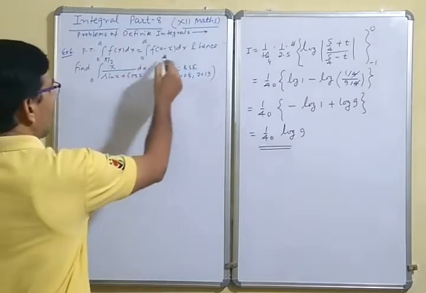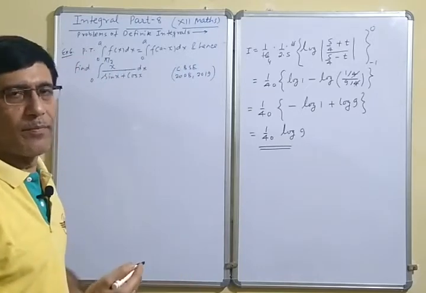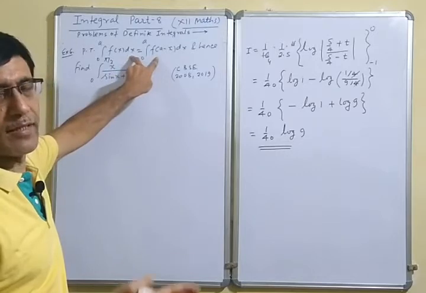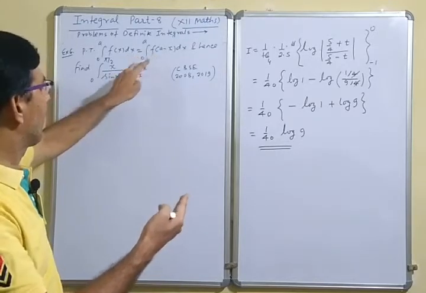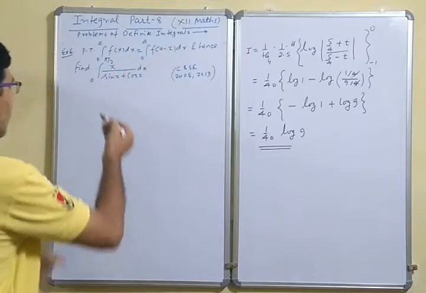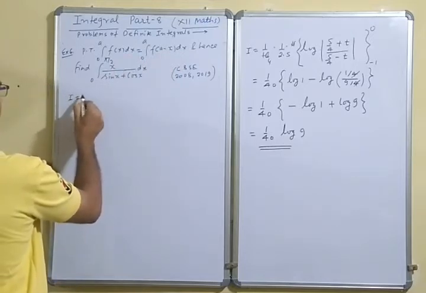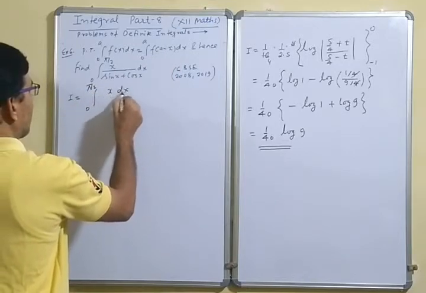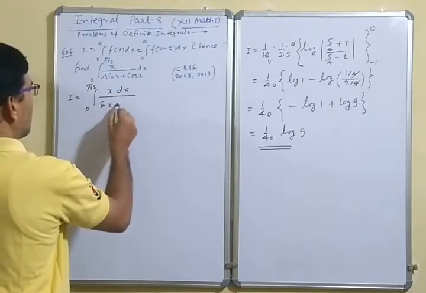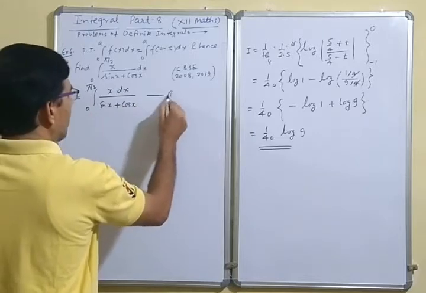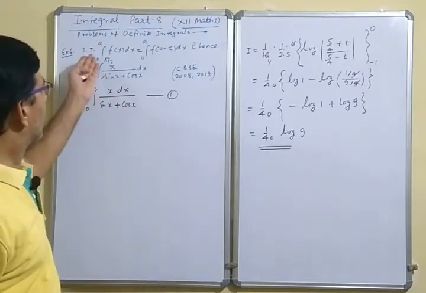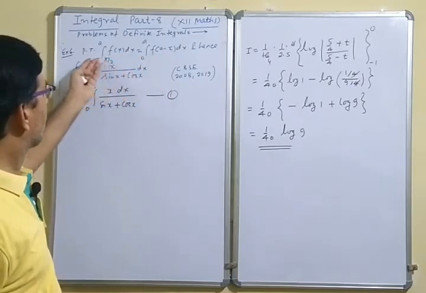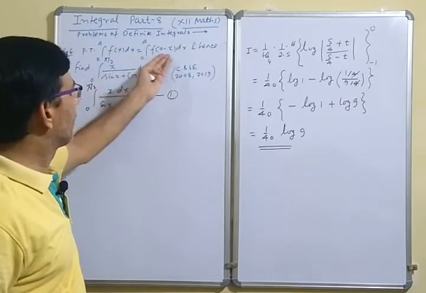Now this is the property that we have already done in the previous video. Now let us see the question, and here we have to use this property. That's why it is given. We first prove this property and hence evaluate this one. So now let us see the evaluation of this example. Limit is from 0 to pi by 2, x dx upon sin x plus cos x. Mark it as equation number 1. Here it is already given that we proved this one, so now we have to use this property, so no need to write it again. The integral from 0 to a of f(x) dx is equal to the integral from 0 to a of f(a minus x) dx.